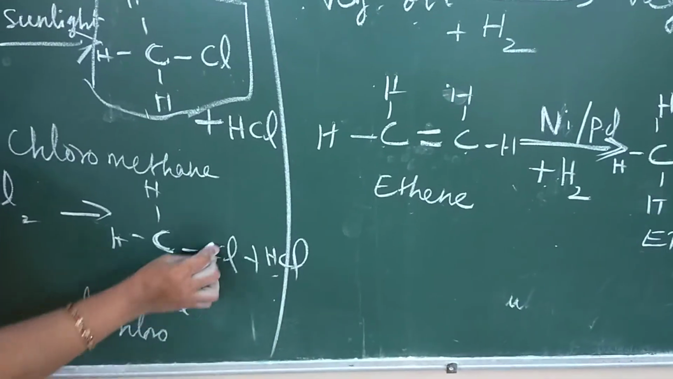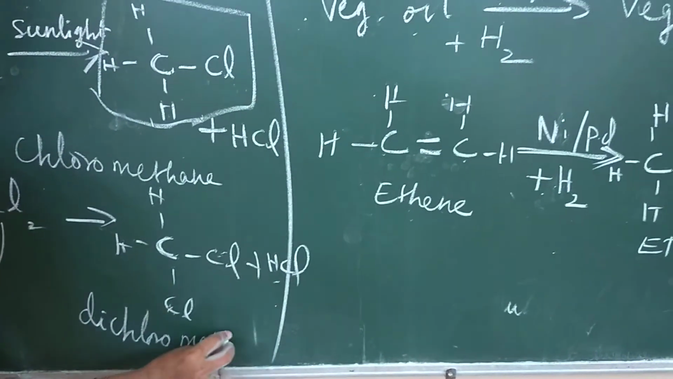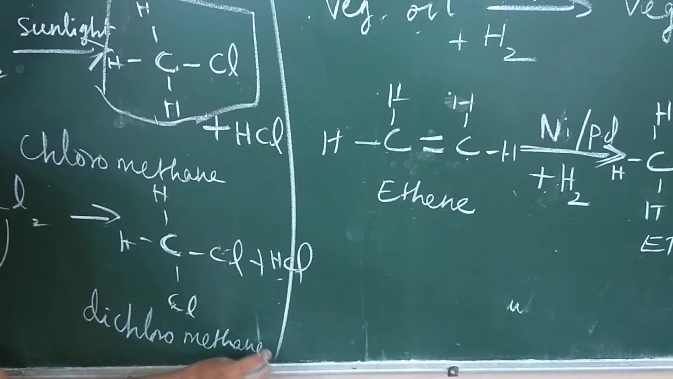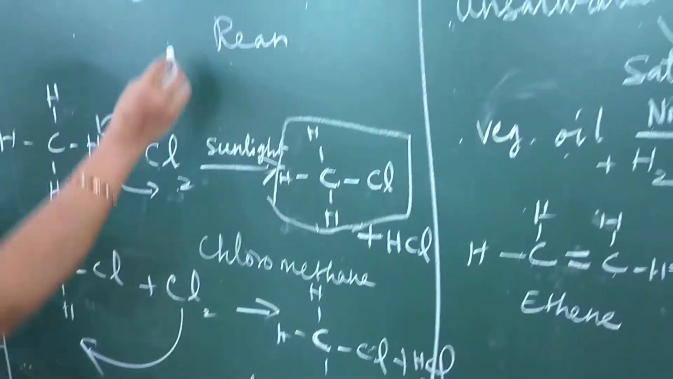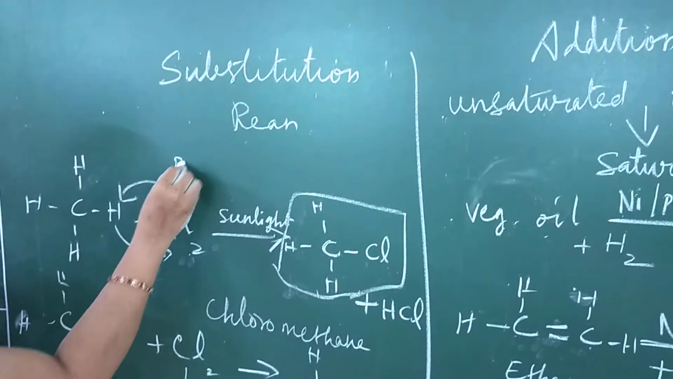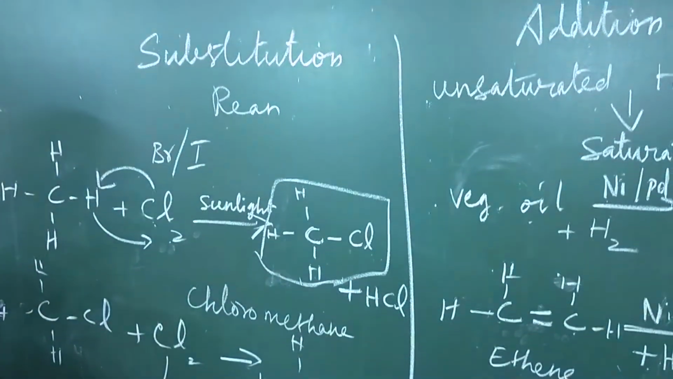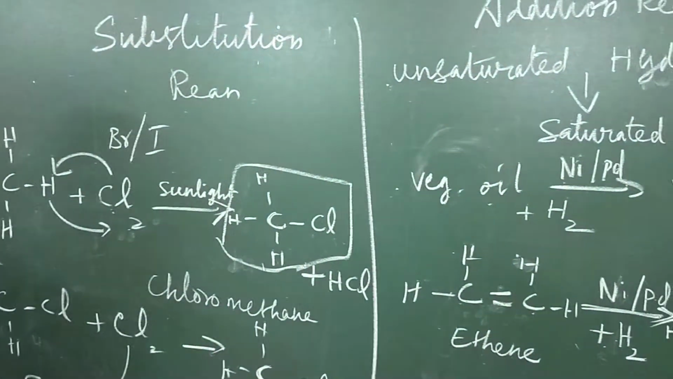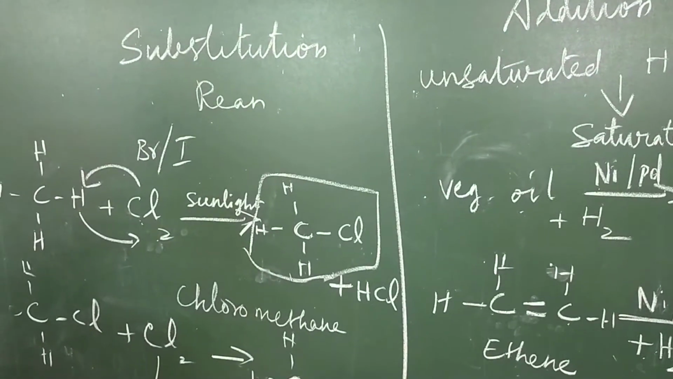Why dichloro? 2 chlorine. So it goes on like this. This is the substitution reaction. Instead of chlorine, we can add bromine or we can add iodine also. According to that name, we change this as substitution reaction. Another one